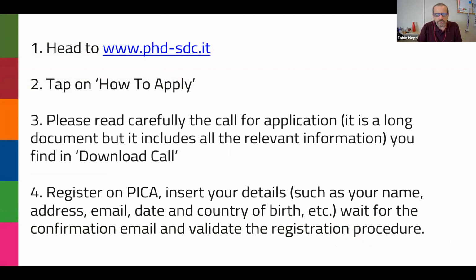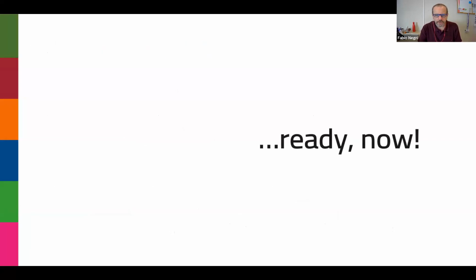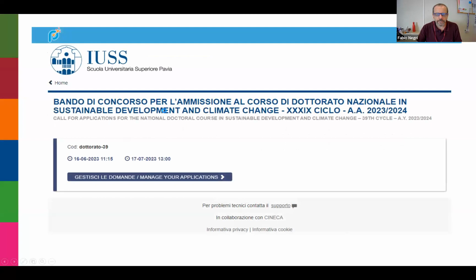You will need to register on the platform that is called PICA, inserting your details such as your name, address, email, date and country of birth, and wait for the confirmation email to validate the registration procedure. After this, you are ready for filling the call for application. You will have